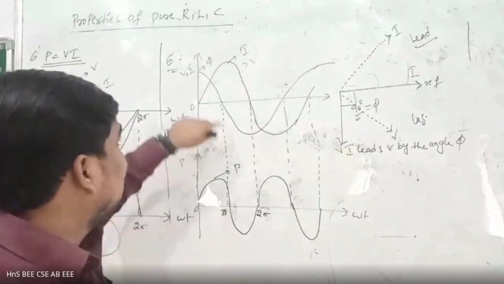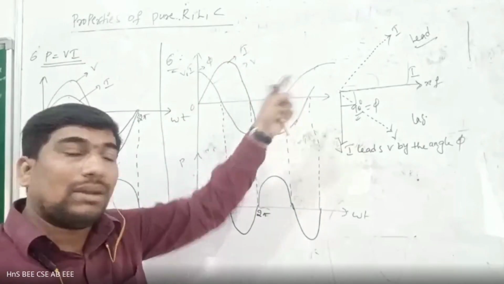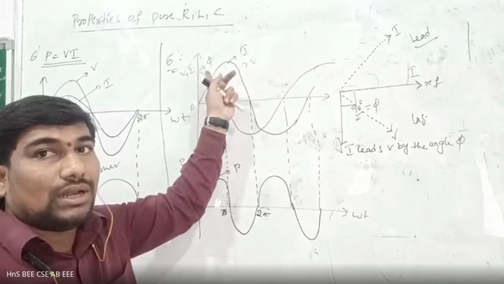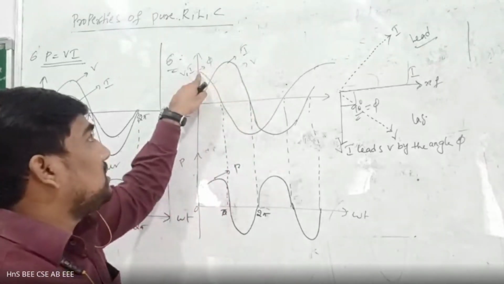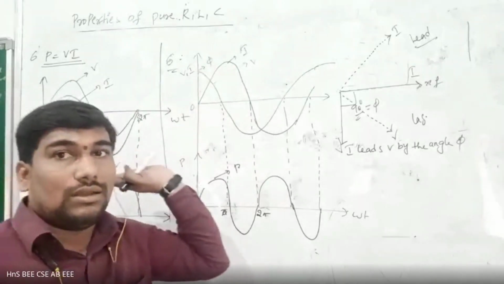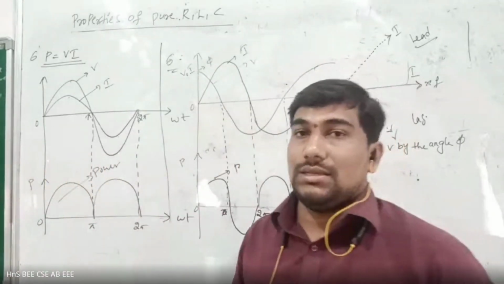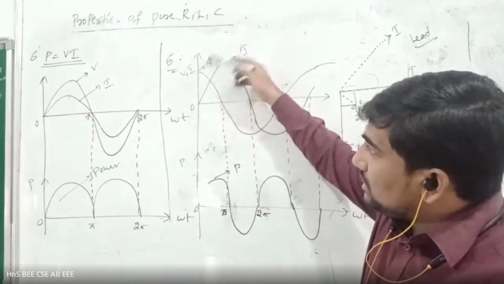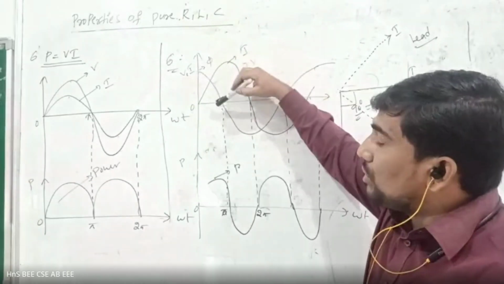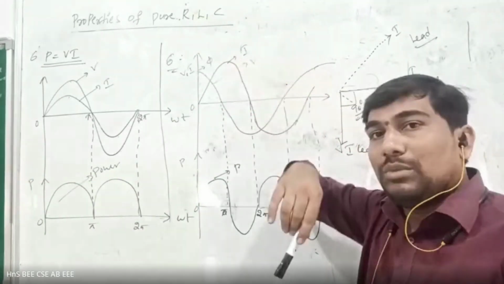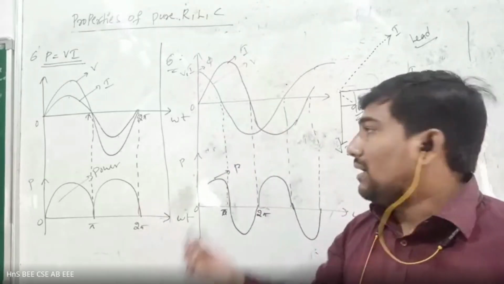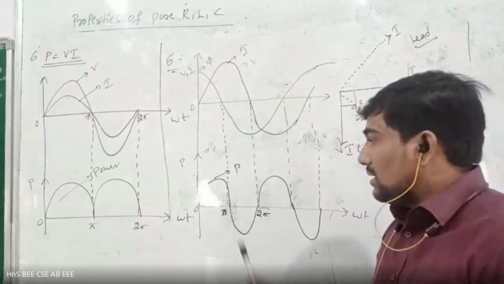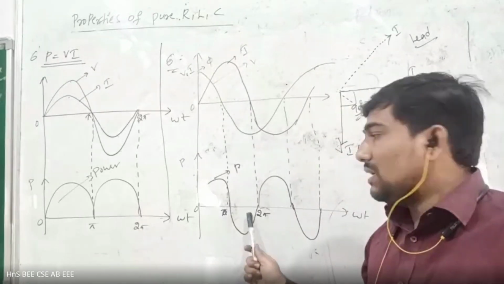Okay, here simply what you do is write voltage in place of current and current in place of voltage, and again the same waveform comes. Because current is the leading position in a pure capacitor. Here current comes, here voltage comes, that's all. The remaining process is the same for pure capacitor. Just change these two things: instead of voltage, current will be there, and instead of current, voltage will be there. Again we get the same waveform for pure capacitor also. Okay, this is a charging one, this is a discharging one. Simply the average power is 0.